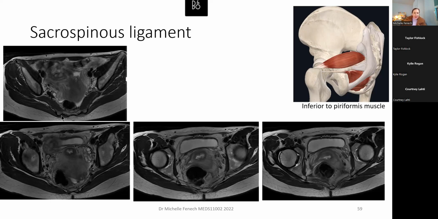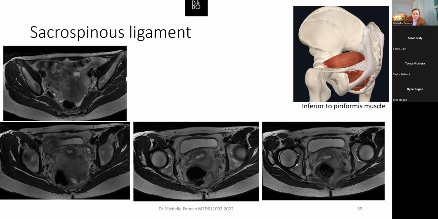And what am I looking at here? Sacrum. And what do we see between the sacrum and the ilium? The right piriformis muscle. Can we see the sacrospinous ligament on this image? No, because it's inferior to the piriformis muscle. Yes. So we can see our piriformis muscle and our sacrospinous